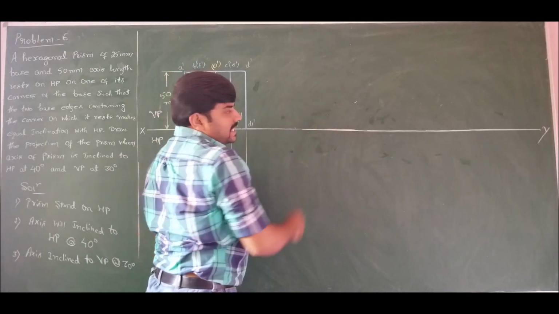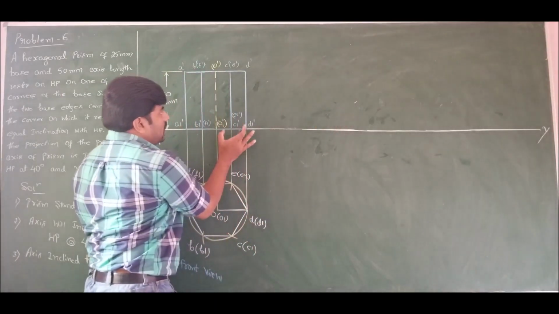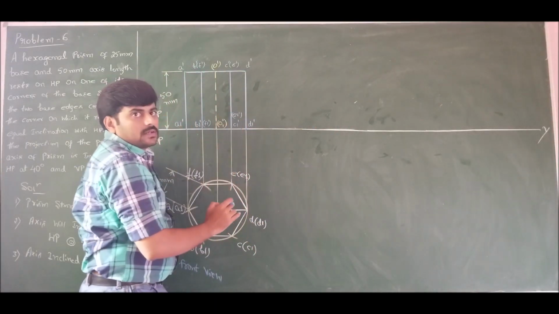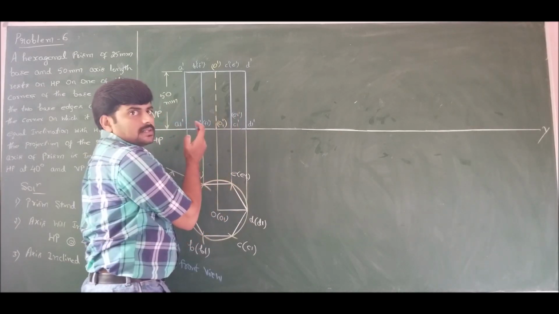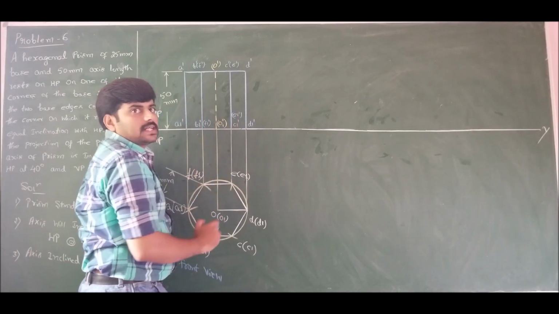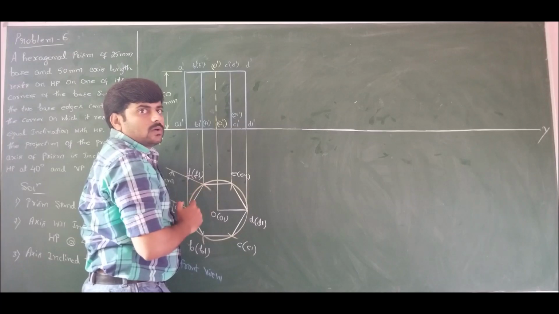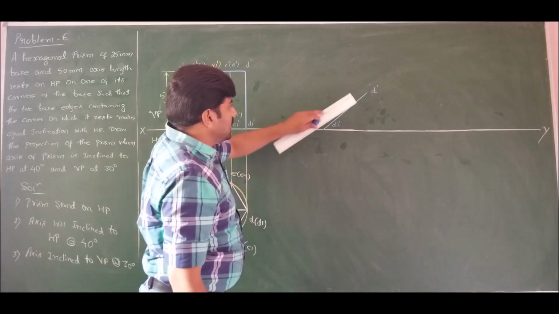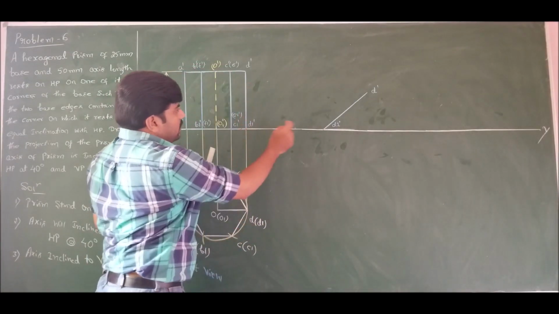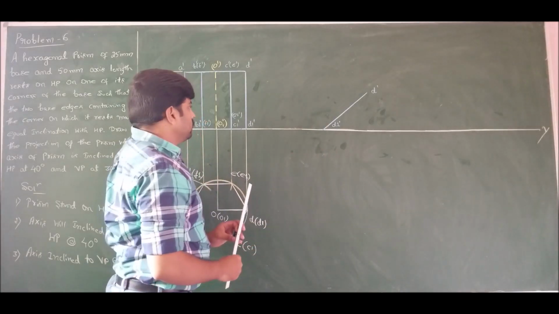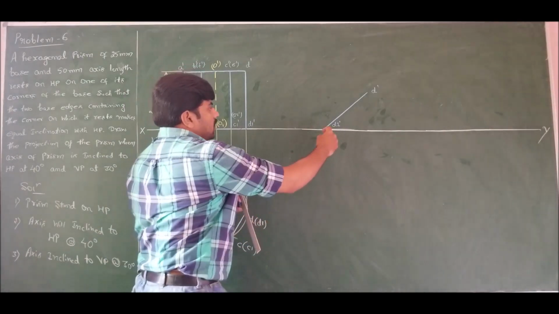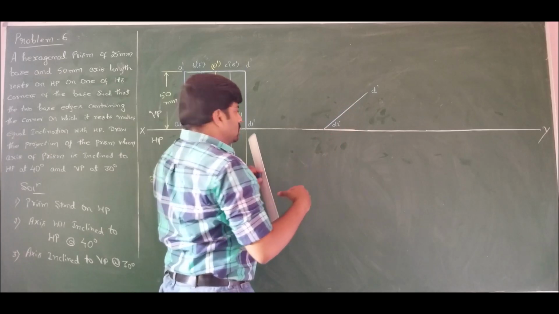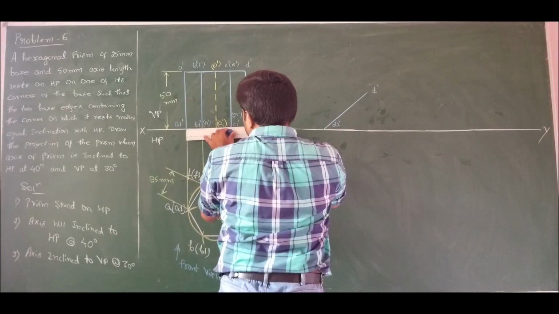instead of inclining the axis, I will incline the longer edge D1 prime D prime, which is parallel to the axis. Thereby I can make the axis inclined at an angle of 40 degree to the horizontal plane. I have inclined the longer edge D prime D1 prime to an angle of 40 degree. Now draw the perpendiculars on either corner of this edge whose length is equal to the base length.